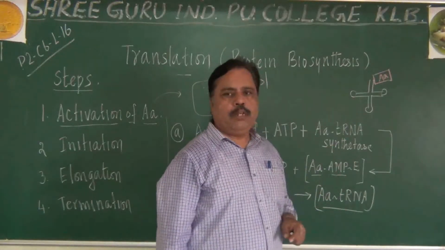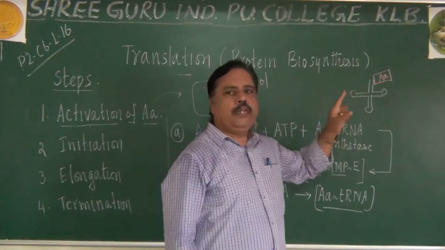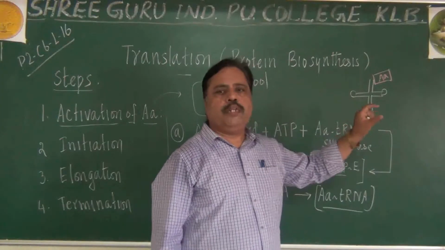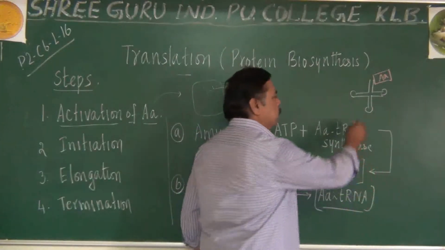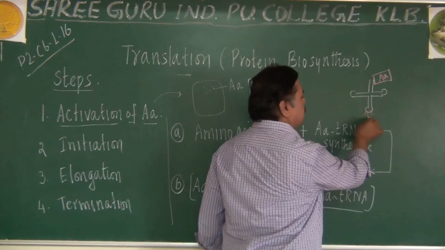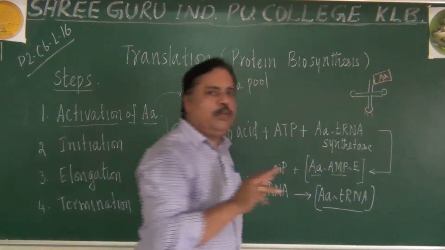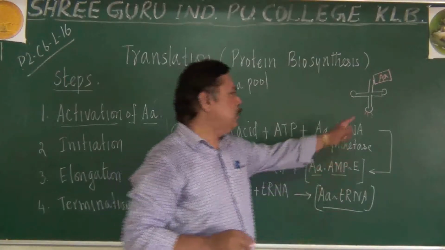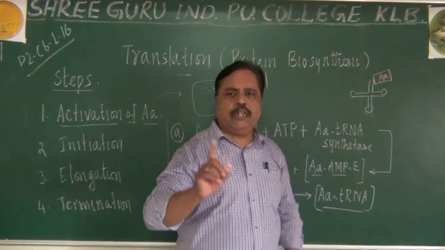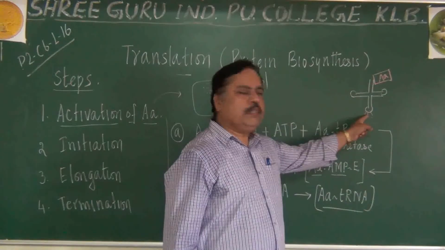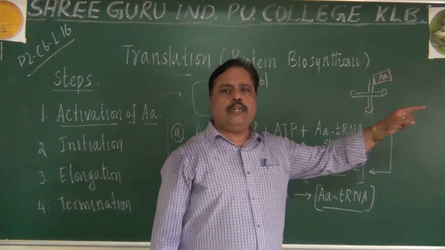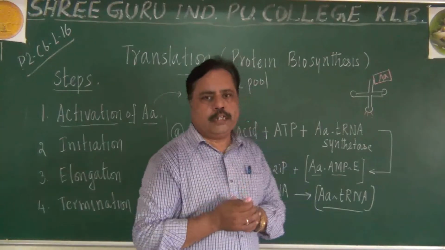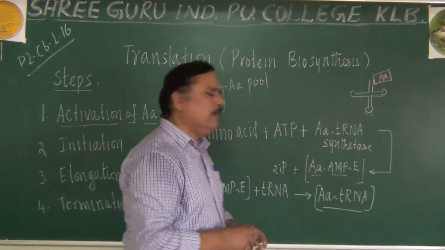What is the speciality of amino acid tRNA? It is predetermined already which amino acid it should carry. For example, depending upon the anticodon, that particular amino acid only will come and bind there. In valine tRNA, phenylalanine cannot be added. In glutamic acid tRNA, you cannot add tryptophan or other thing. So they are specific, they are cognate in nature. That cognate tRNA we are getting.